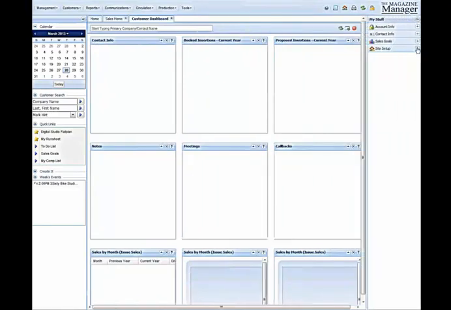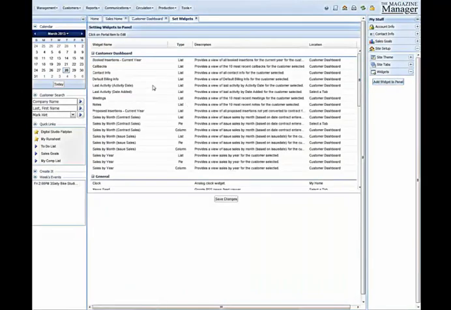So what I like to tell people to do is to go into the Site Setup. Once you add the Site tab, let's go to the Widgets pane. There's a screen here to be able to add widgets to your different panes. And all of these widgets in the first section here, the Customer Dashboard, they're all going to say this Select a Tab. And what you do is you simply go down for each one of these widgets and you select Customer Dashboard, all the way down, Customer Dashboard, until all of these widgets in the Customer Dashboard section say Customer